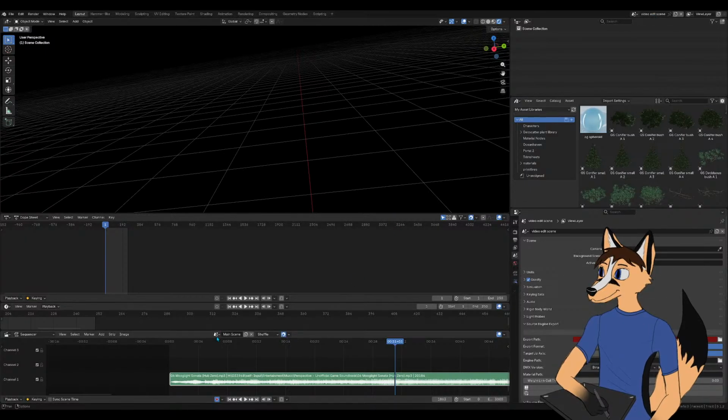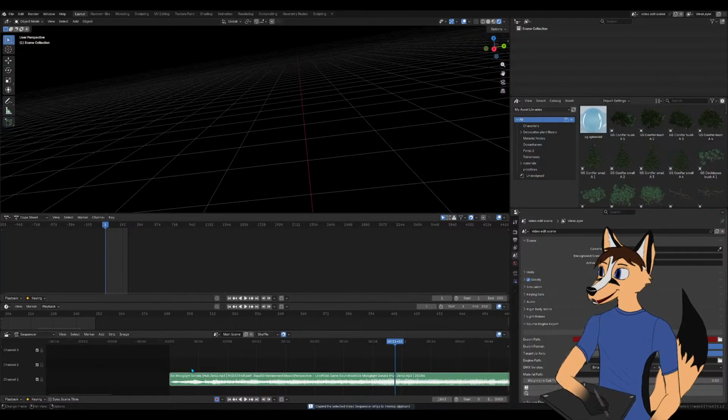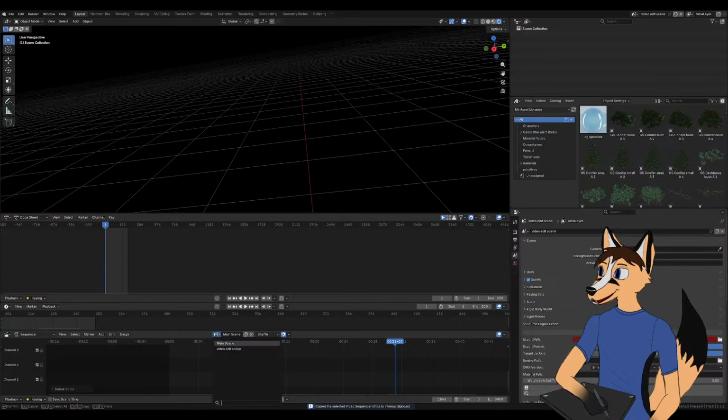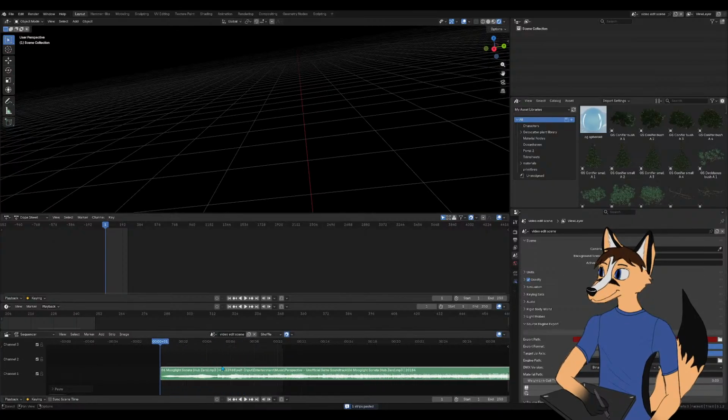And I'm just gonna control, well, let's see, where's the cut? I'll just copy that, and then in video edit scene, I'll just paste it. And cool. Now strip, or I guess add, and then scene, and then main scene.